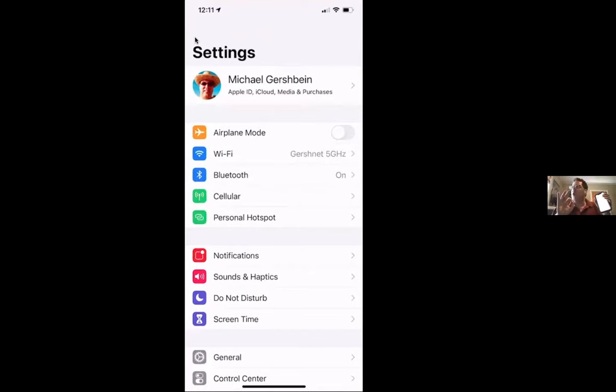Now, I did forget to mention one thing, which is in your settings. I'm going to mention a lot of them, and you'll probably remember an eighth of them. I don't remember where all my settings are. Apple does something a little bit sneaky in all of its apps. Once again, it gives you a search function for the apps, but it hides it. But in most apps you go in, whether it's your mail or settings, if you pull down from the top,